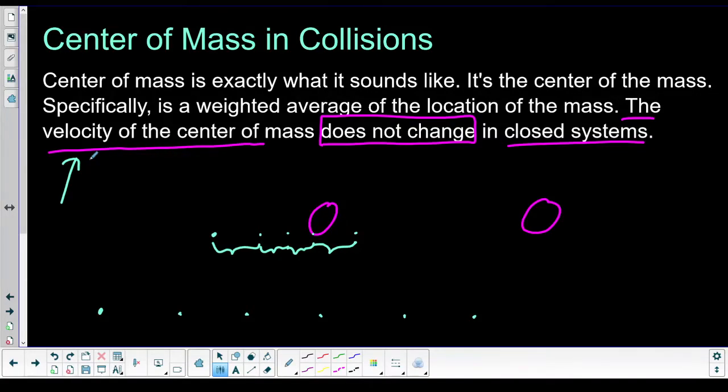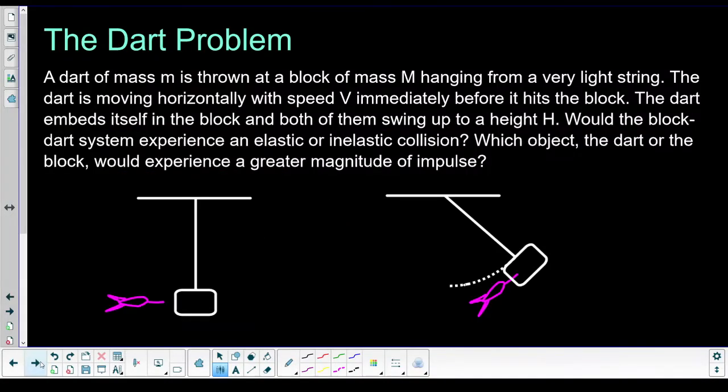Okay. In an open system, velocity of your center of mass can change. But in a closed system, it's just going to keep on keeping on forever. All right. Let's do some problems and then talk about some stuff, and then you can go do some practice problems, and then you can see how much you actually learned. Hopefully it's a lot. So let's start with this.